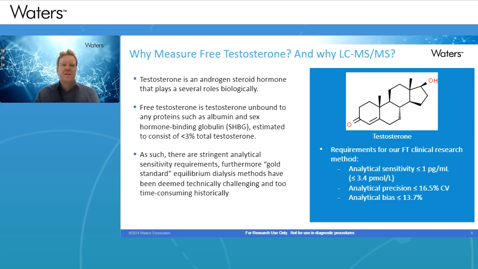filter. In equilibrium dialysis, often abbreviated to ED, which we'll talk about today, a serum sample is placed in a matrix chamber and a buffer added to an adjacent buffer chamber on the other side of a semi-permeable membrane. The samples are then mixed under a controlled temperature until equilibrium is achieved. Following this, the free portion in the buffer chamber is processed for analysis, leaving the remaining protein-bound analyte in the matrix chamber.